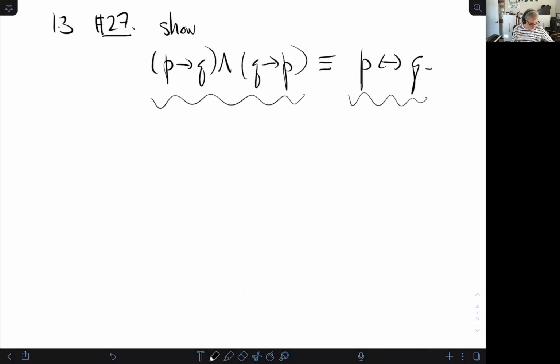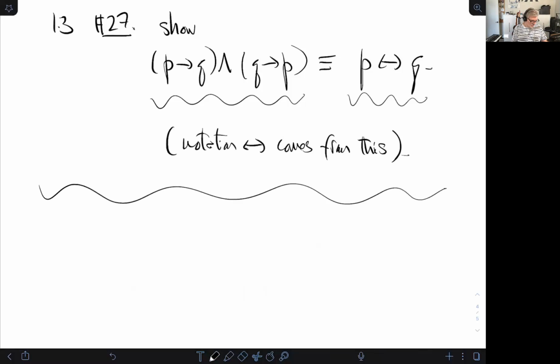That's where the notation comes from. Okay, so it means that if P then Q and its converse both are true, that's the same thing. Okay. All right, so I'm not going to do the table for this, you can do that. I'm not sure it was in the list of problems, but as long as you see this,